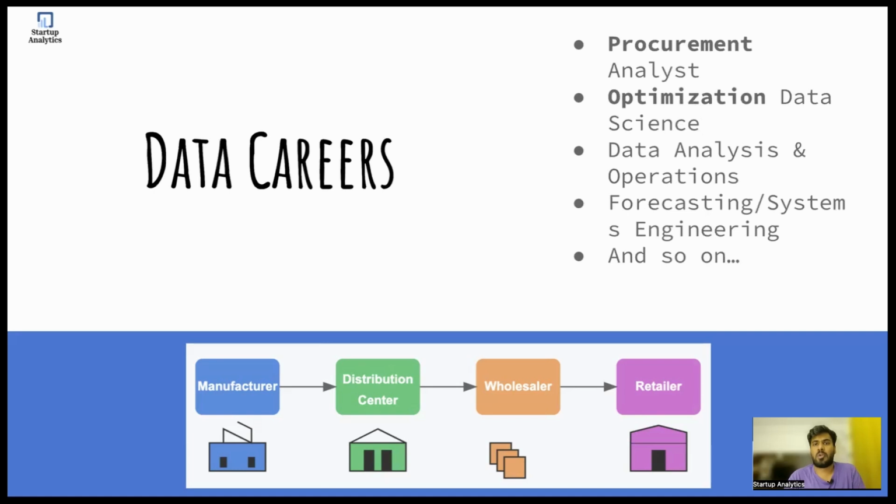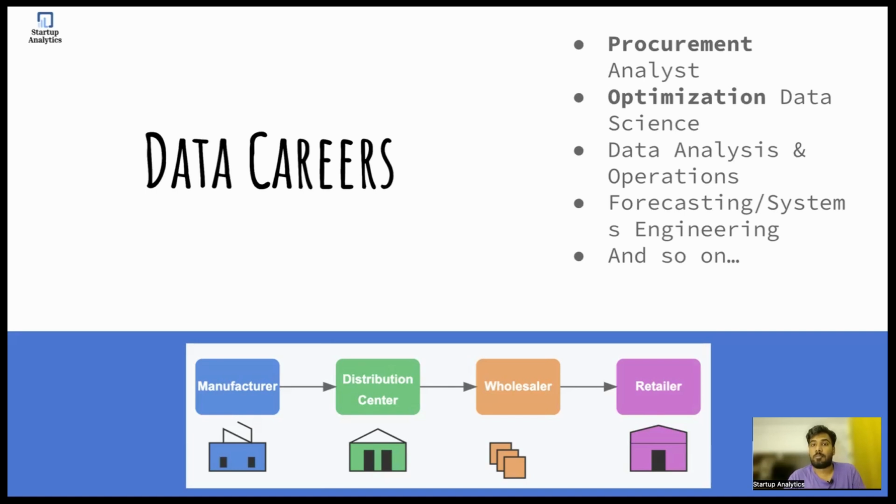So there's something called procurement analysis. These are the people who buy goods from the manufacturers. This is from a typical supply chain's point of view. Let's say you are a grocer or a retail player, you might have a procurement analyst who's responsible for buying certain goods from different vendors and making sure that you are stocking those goods, right? So they're optimizing across different vendors, timing, size, and things like that. Even negotiating deals, discounts, and things like that.